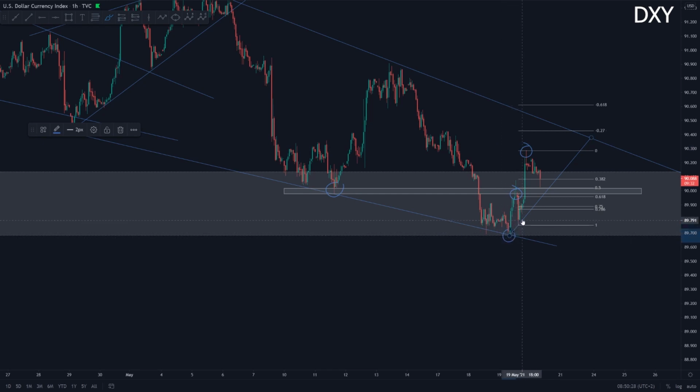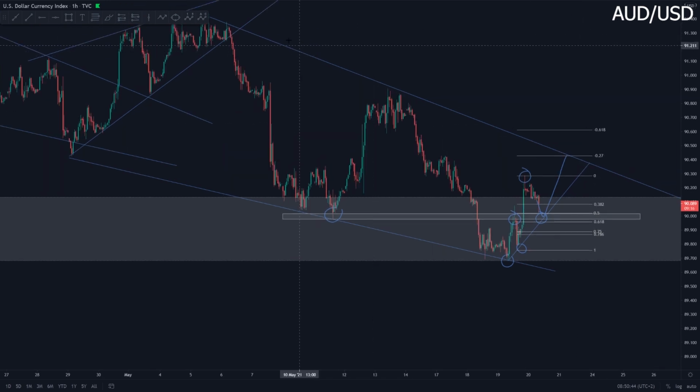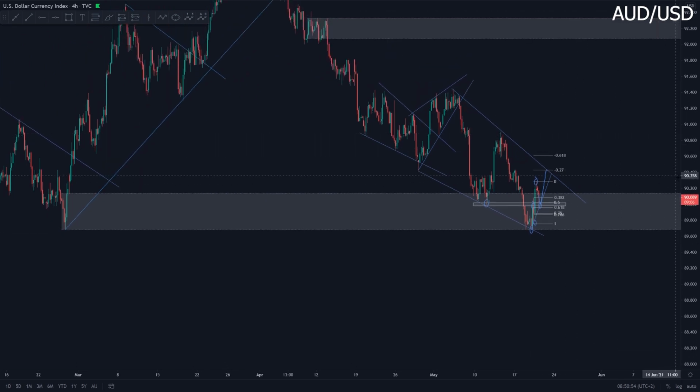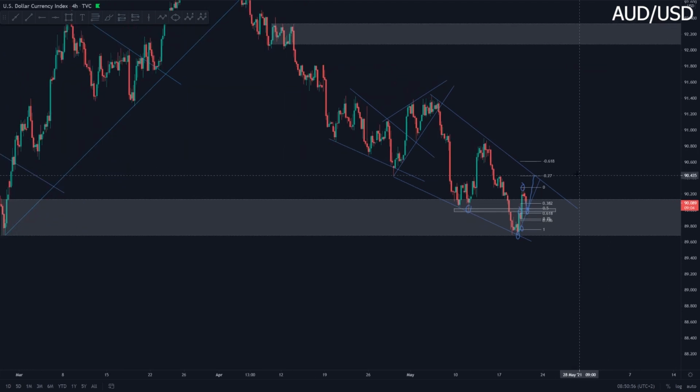So we have a low, a higher low, a high, and a higher high, and now we're expecting a new higher low to be formed before once again impulsing back towards the upside. What I furthermore really like about this fib is that the minus 27 level aligns perfectly with the third trendline touch of this upper trendline of the descending wedge, and therefore I am expecting further dollar bullishness for the rest of the day. So yep, just going to be waiting for the dollar to push back up higher towards that third trendline touch, and from there onwards I will be looking at what to do next.